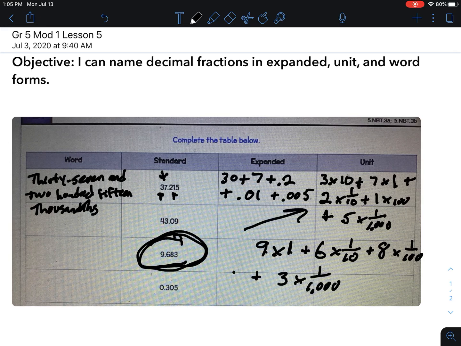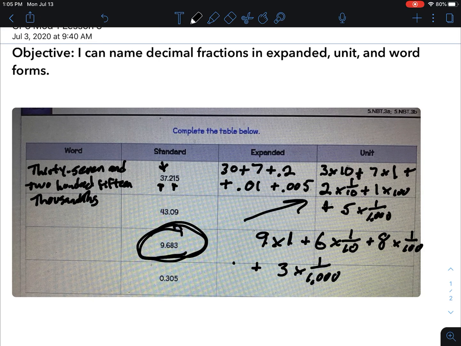So hopefully you got most of that right. So this is the kind of problems you're going to have today in your independent practice, and you can go back and watch this video as many times as you need to. Usually you guys are really good in expanded form. Just make sure you spell things right in word form, and then go back and look at